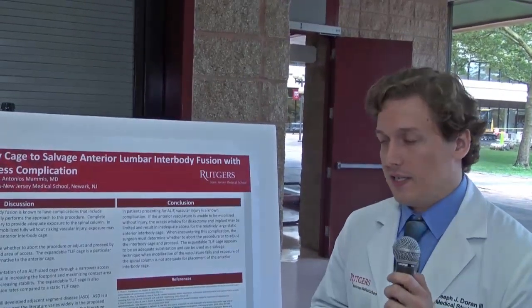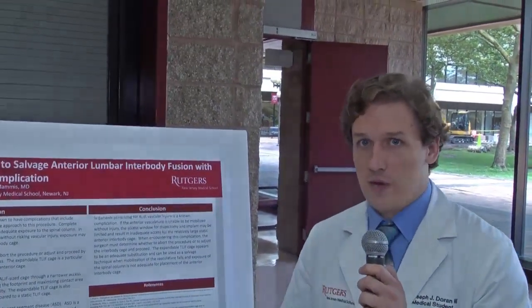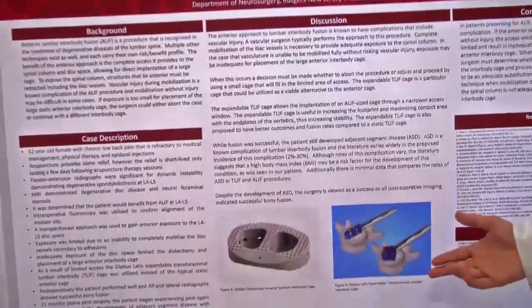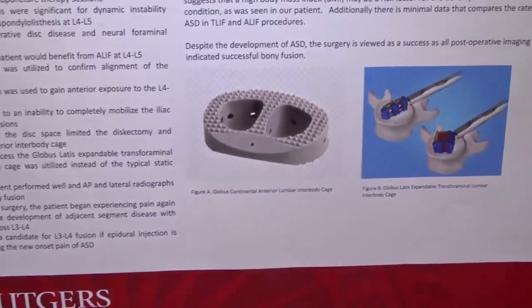So since they mobilize it, in this particular case, a complication arose that they could not mobilize it all the way because the vessels were too delicate and there was a lot of risk. So the amount of mobilization that they did left a smaller window than the size of the cage. This is the cage here in an ALIF procedure, and they were not able to fit it through the small window. So the options then were to abandon the procedure, and they would have to close up, and they would